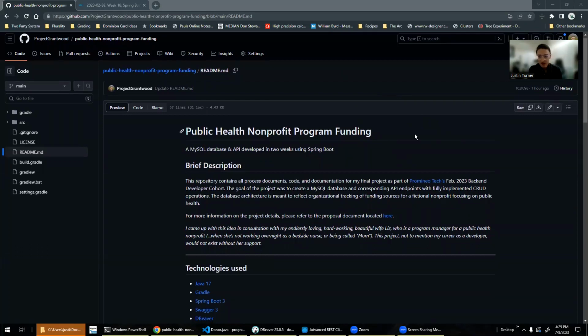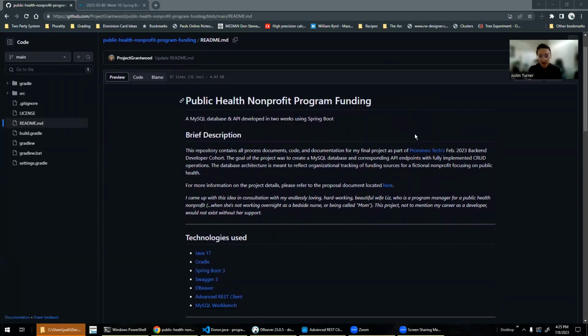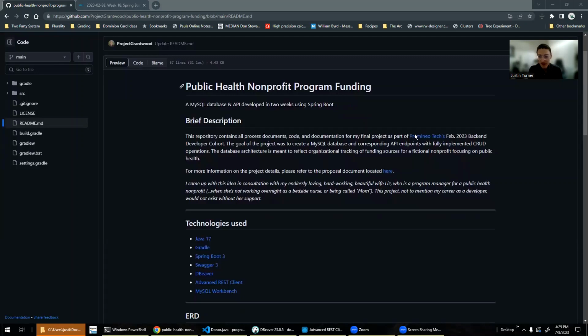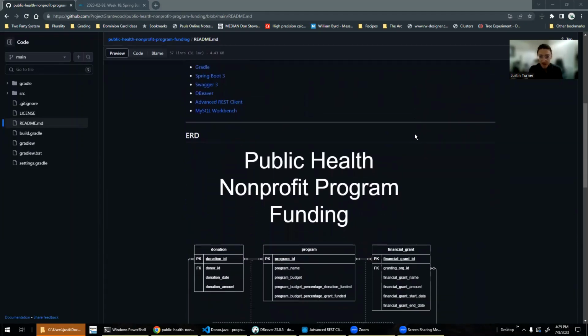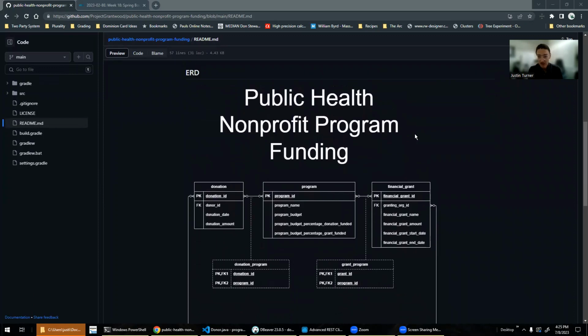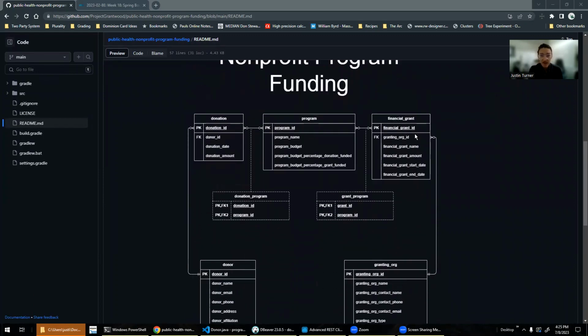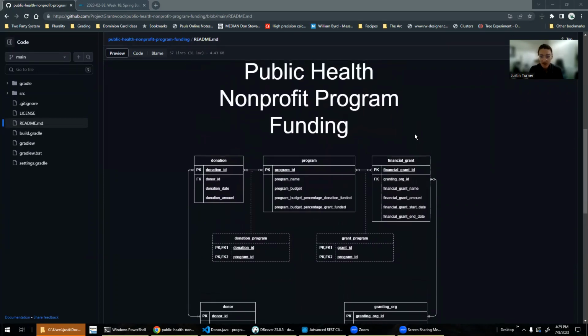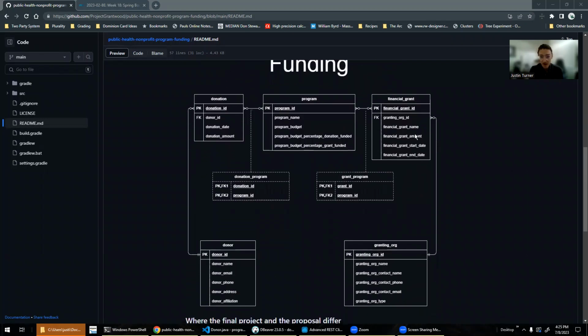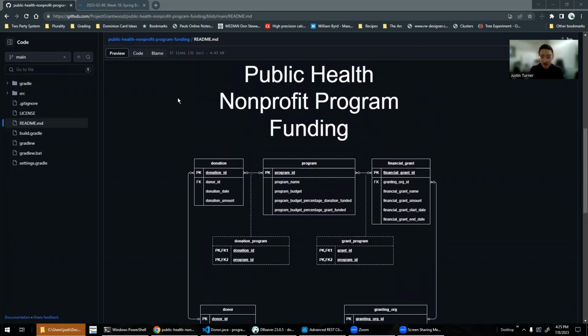The goal of our project was to create a fully operational CRUD API, and it was supposed to have a certain number of entities and tables in it and yada yada. I'm going to just briefly show you the entity relationship diagram to give you an idea of what my project looks like. It is supposed to be a database representing a public health nonprofit that has various programs, and those